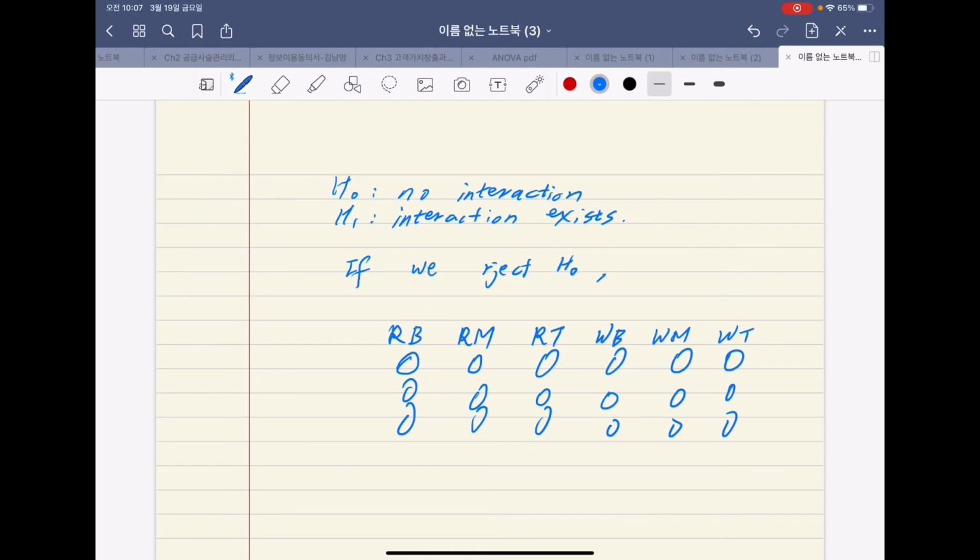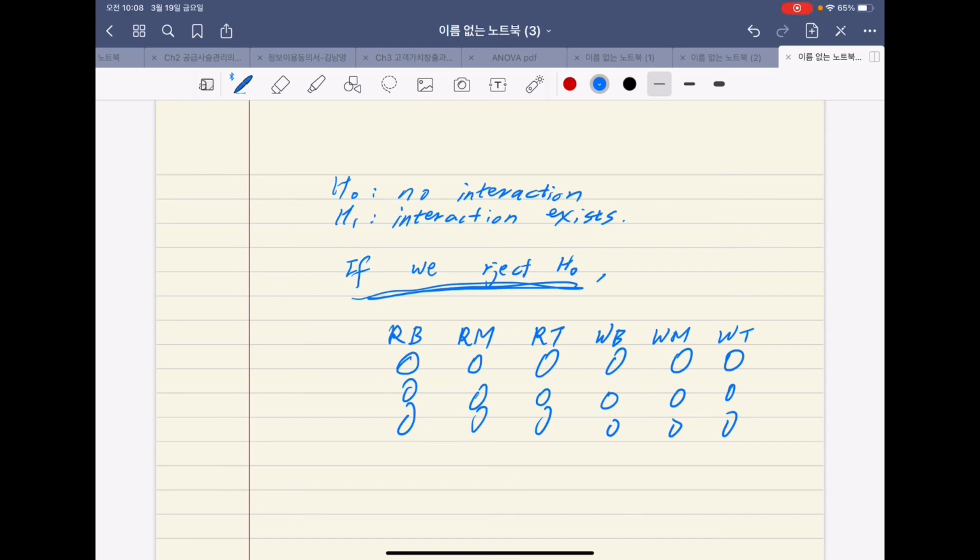So if you reject the hypothesis, you create new data sets and then you do the one-way ANOVA. If you accept the null hypothesis, that means there is no interaction. In that case, you need to go through the hypothesis testing for each individual factor. That's it. And then let's go back to the SPSS